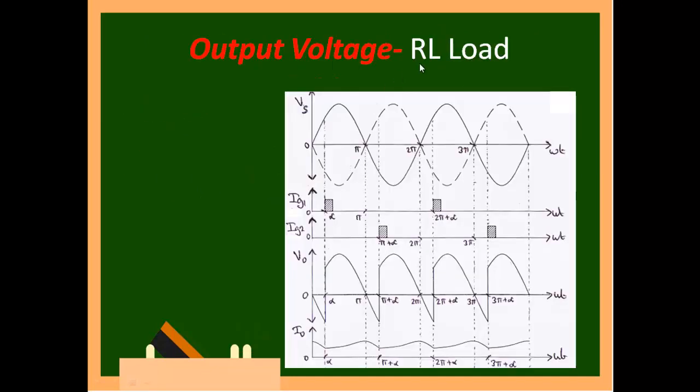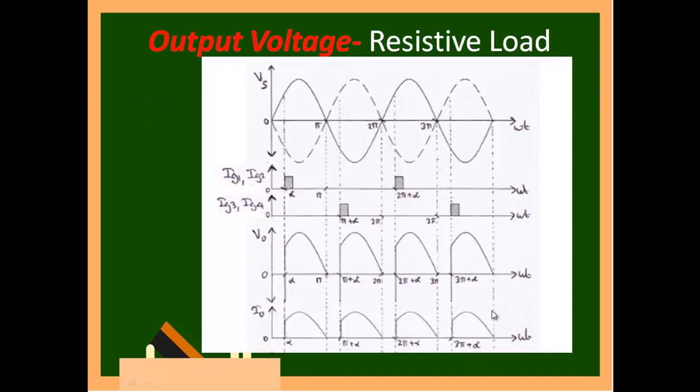That is the effect of the presence of L. You can see here this is an extra portion on your output. If there is L, you have not got a pure rectifier. DC should not go in the negative direction, but you can see here it goes in the negative direction. Unfortunately, there is no load without L. A pure R load is not possible in any application. If you take a ceiling fan, you have L. Whatever application you say, if you take a tube light, you have a choke, which is nothing but an inductor. So this is ideal speaking.